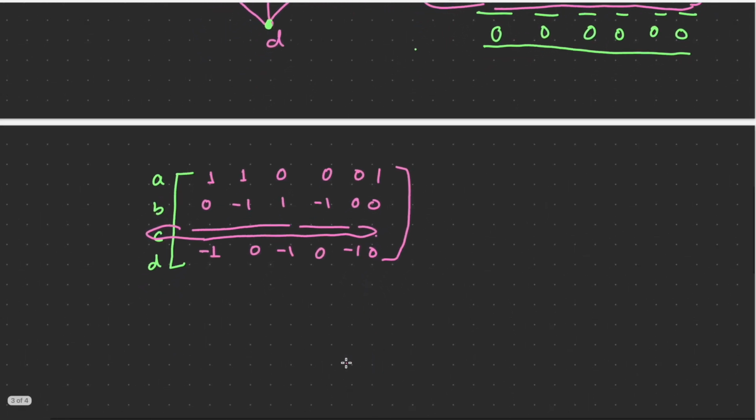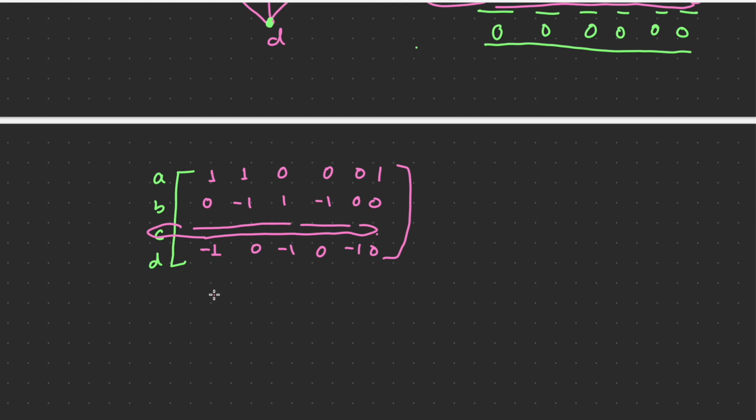Why is it called a reduced matrix? Because we can again get the original matrix from the values. How can we get the values? Because we know the summation of the entire column is 0. So here 1, 0, -1 is 0. If you want to write the original matrix from this reduced matrix, we can write it as 1, 1, 0, 0, 0, 1, 0, -1, 1, -1, 0, 0. Then the fourth one is -1, 0, -1, 0, -1, 0.